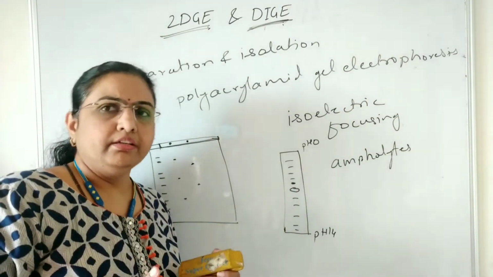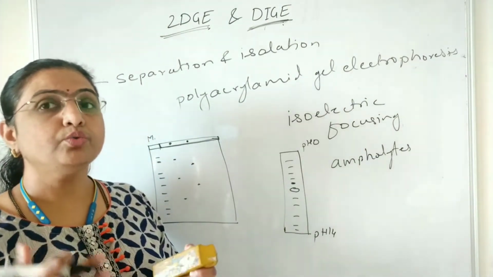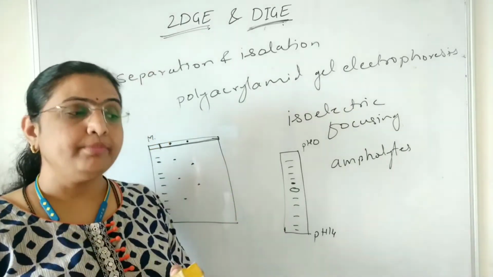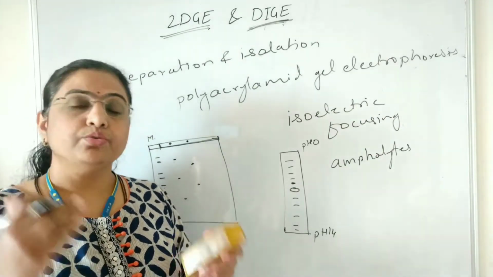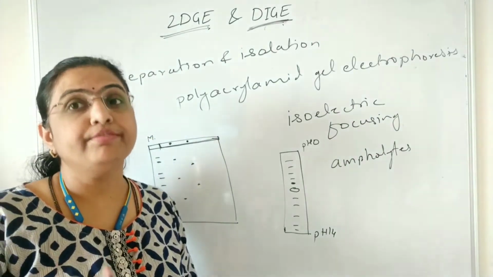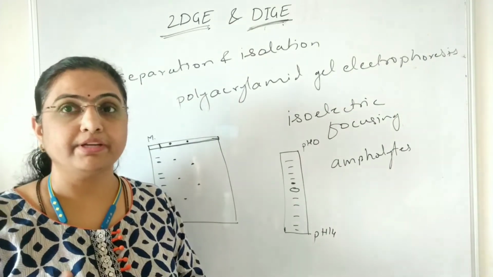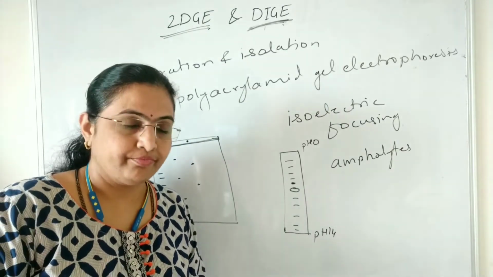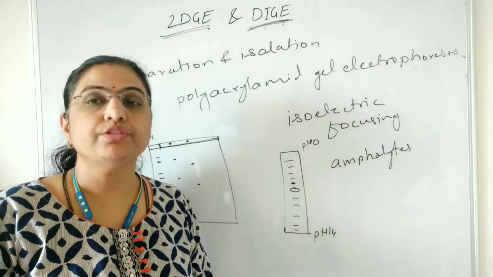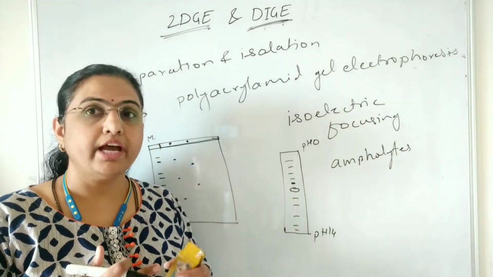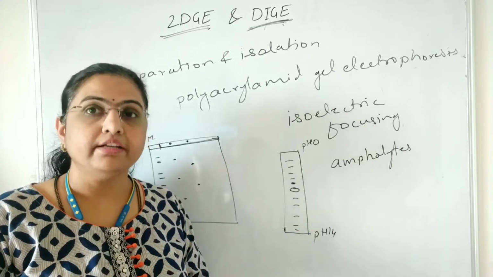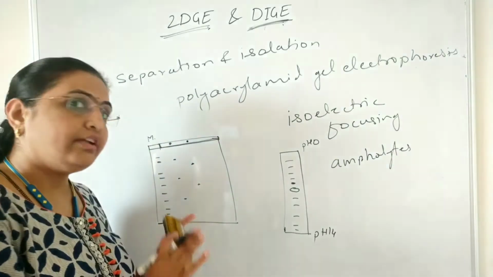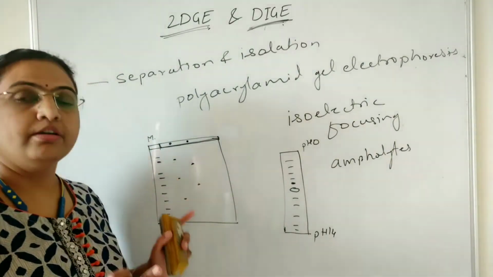But Coomassie brilliant blue is not as sensitive as silver staining. The problem with silver staining, though, is that it makes covalent modifications to the proteins, so further analysis by mass spectroscopy becomes a difficult task. So a new stain was invented which does not make covalent modifications to the proteins and also has more sensitivity, and that is the SYPRO stain. So here the staining is done, and after staining there is an analysis of the bands.